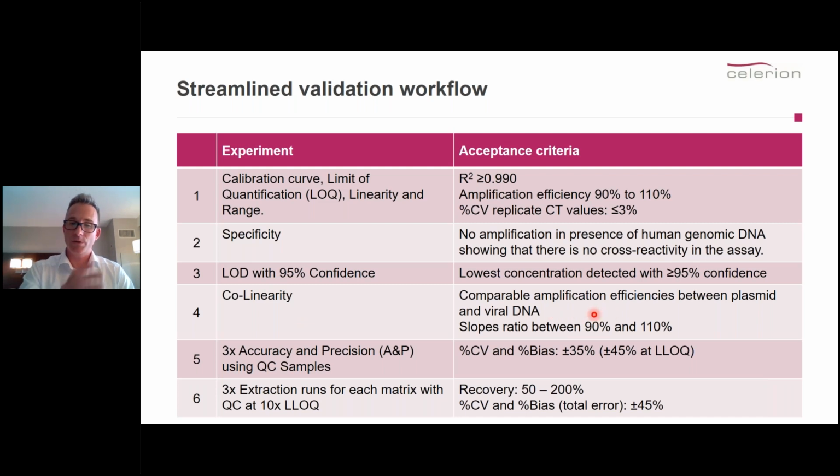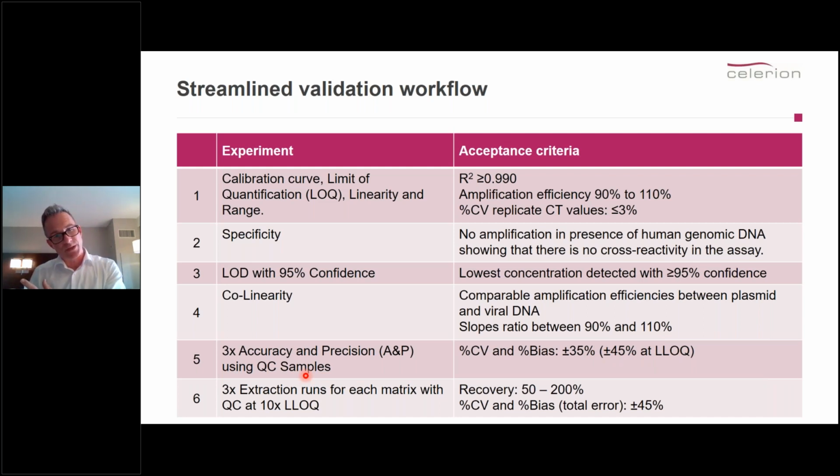Collinearity, you want to make sure your genomic DNA is collinear with your linearized plasmid, and it overlaps, so you've got confidence that your calibration curve, which is done with the linearized plasmid, is a true reflection of the genomic DNA that you've got available. And then 3 accuracy and precision runs using QC samples, similar to what I've shown earlier. Obviously you could use more than that. This is just a minimum, so you could use 6 as well. The CV and bias, we usually set at 35% and 45% at the LLOQ,